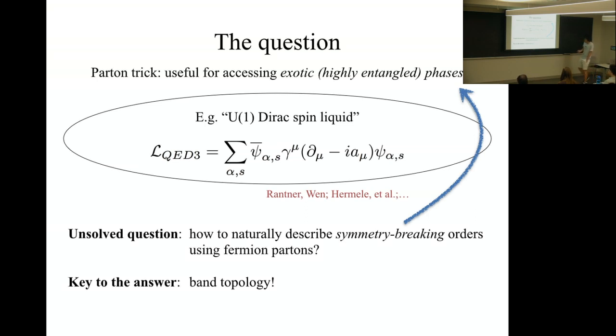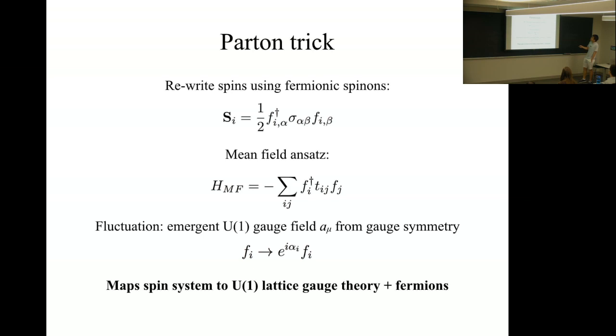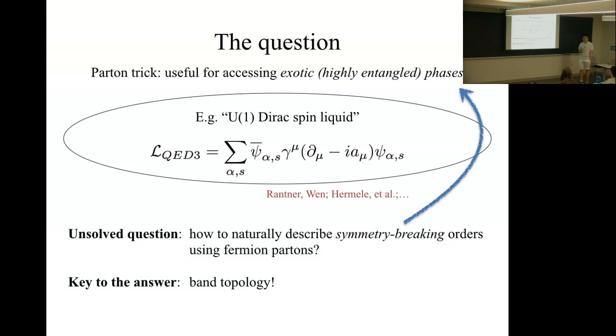One of the unsolved questions in this approach for quite some time is that, okay, I can access these funny phases, but it's not completely clear how to access more conventional, ordinary symmetry-breaking phases, some magnetic order. It would have been much easier if these particles were bosons. That's known as Schwinger bosons, in which case, if you want to access some magnetic order, you just condense the boson. And by condensing the boson, you also Higgs the U1 gauge symmetry, and then things become easy. For fermions, you have to do a little bit more complicated stuff.